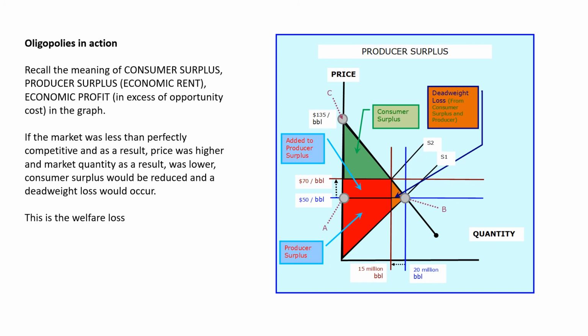And in addition to that, what you'll notice is the welfare loss, the deadweight loss that's associated with restricting supply, you're actually reducing the amount that's being produced. You're reducing the consumer surplus for sure, reducing producer surplus as well, but it matters not a whit to the producer because they end up gaining with that added producer surplus piece. At any rate, this is just another explanation of what goes on with oligopolies, how they actually operate.